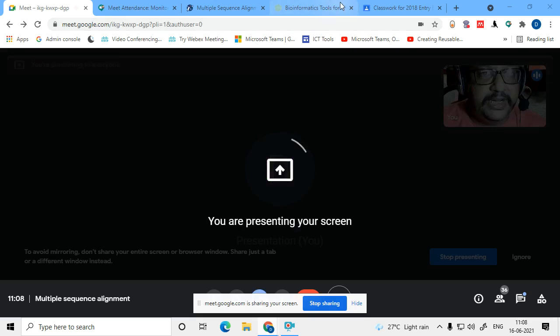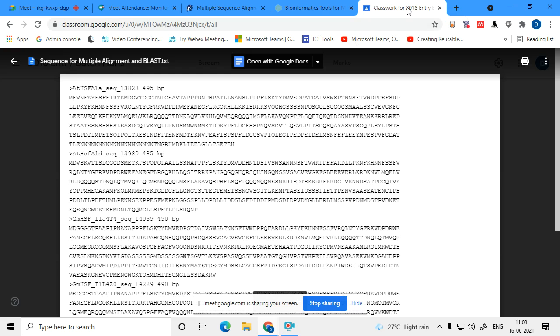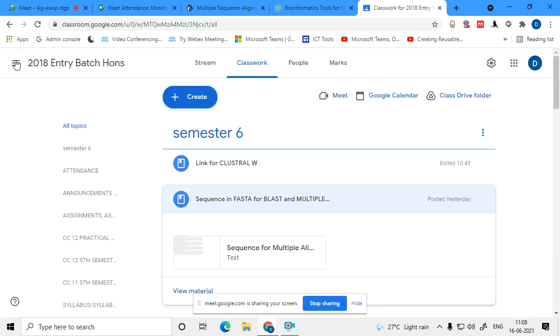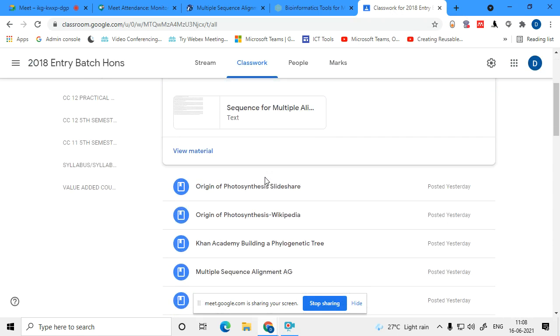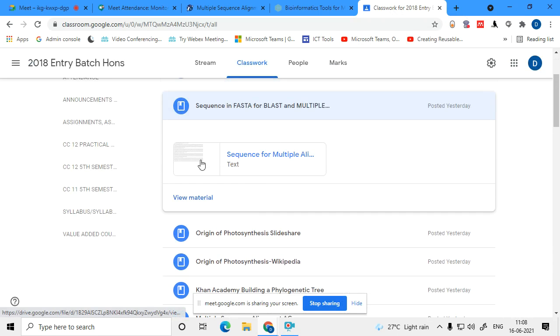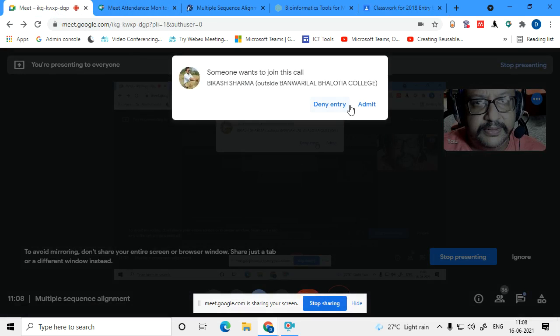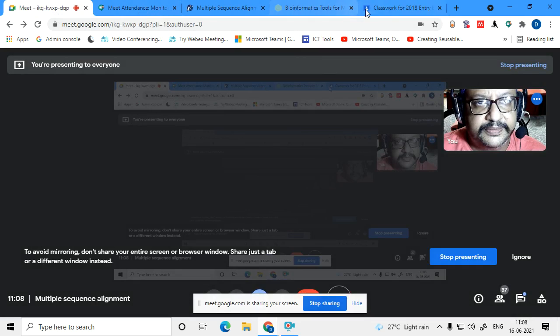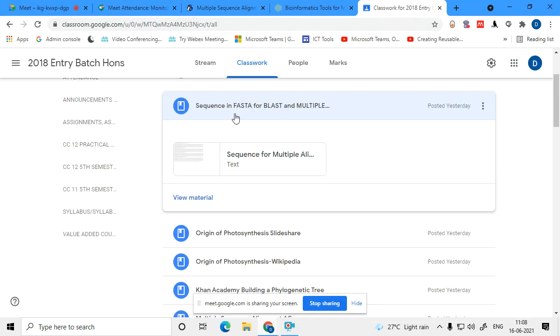You can see that I have already shared a sequence for multiple alignment in the Google Classroom. I had taken this sequence from the internet.